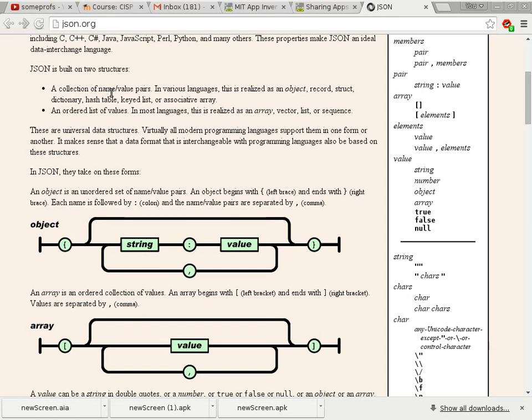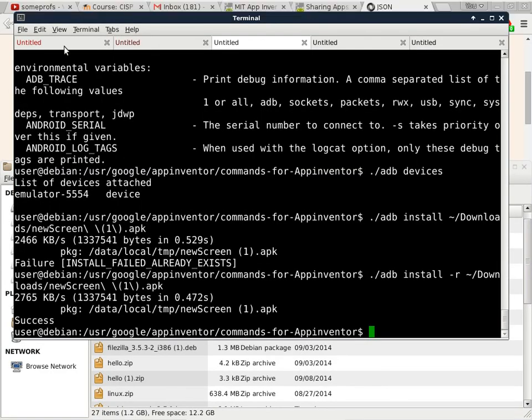Yep. Two quick questions. One is for our web, the